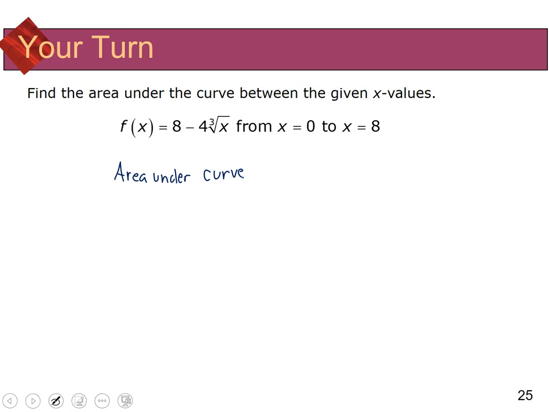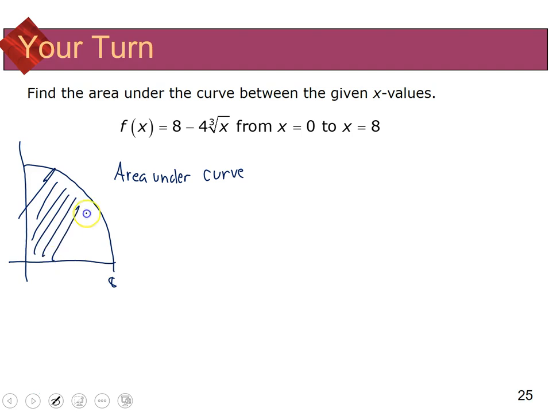This one here, I believe, is 8 minus 4 times the cube root of x. Basically, the curve kind of looks like this when I go from 0 to 8. So we are talking about this. So it's all above the x-axis. You may want to have a quick graph on a calculator to see what it looks like. But I just want to do the integral from 0 to 8 of 8 minus 4 times, I'm just going to rewrite it as x to the 1/3 power